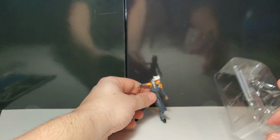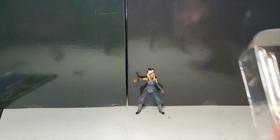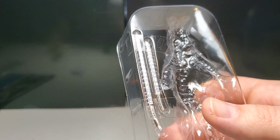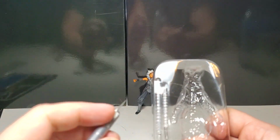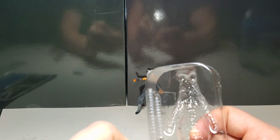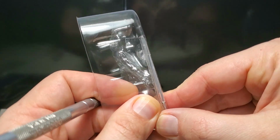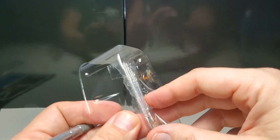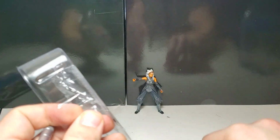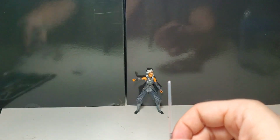Awesome, awesome. Another reason I really wanted this figure is to have the white lightsabers, honestly. I love how she has the white lightsabers. I think what happened is she got the Night Sisters' or one of the Inquisitors' lightsabers and purified the dark side out of the crystal, and that's how she got the white lightsabers. I think that happened on Rebels, but it's been a while since I've watched it, so correct me if I'm wrong, but